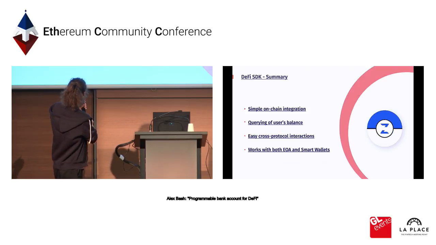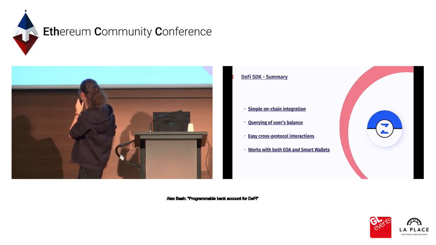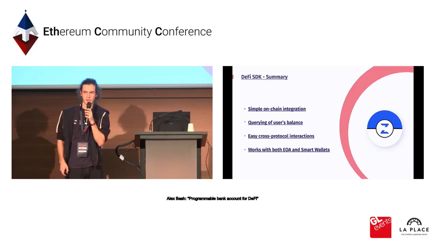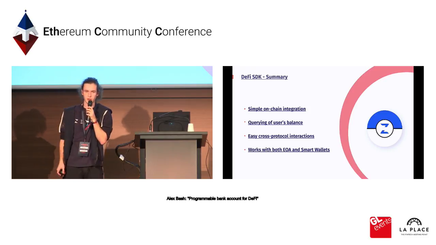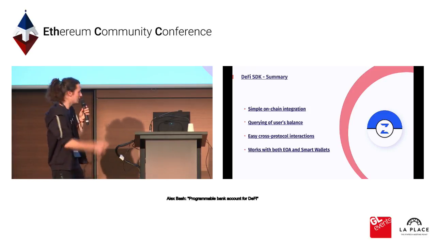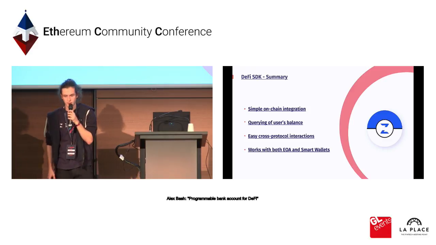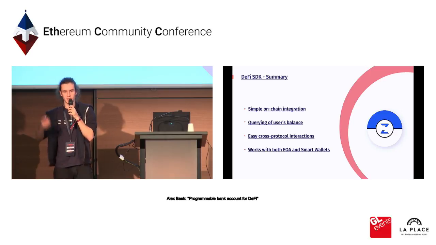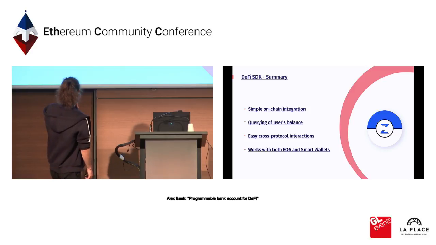And so basically, just to sum up, DeFi SDK simplifies on-chain integrations, because now from the perspective of a mobile wallet, if they want to get exposed to DeFi, instead of figuring out how to do 10,000 different calls to different contracts with different business logic, they can just find a registry and interact with all the protocols in a unified way. This allows them to display assets of users locked in different protocols, and they don't even need to follow all the protocols appearing, because once a protocol is added to the registry, it's automatically going to work with the same interface, which makes it much easier for wallets and other dApps to integrate DeFi balances.